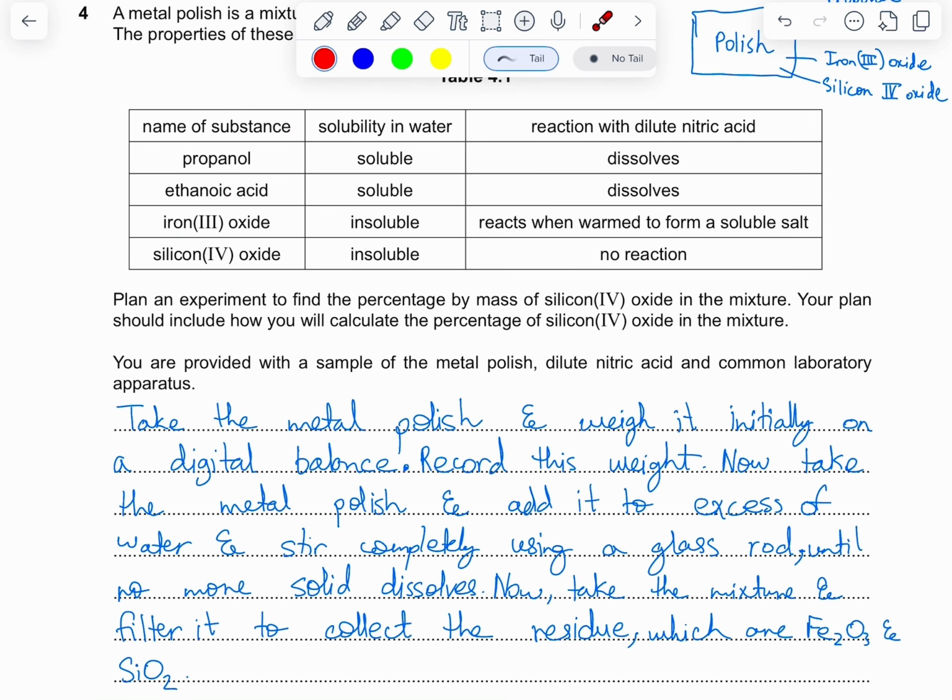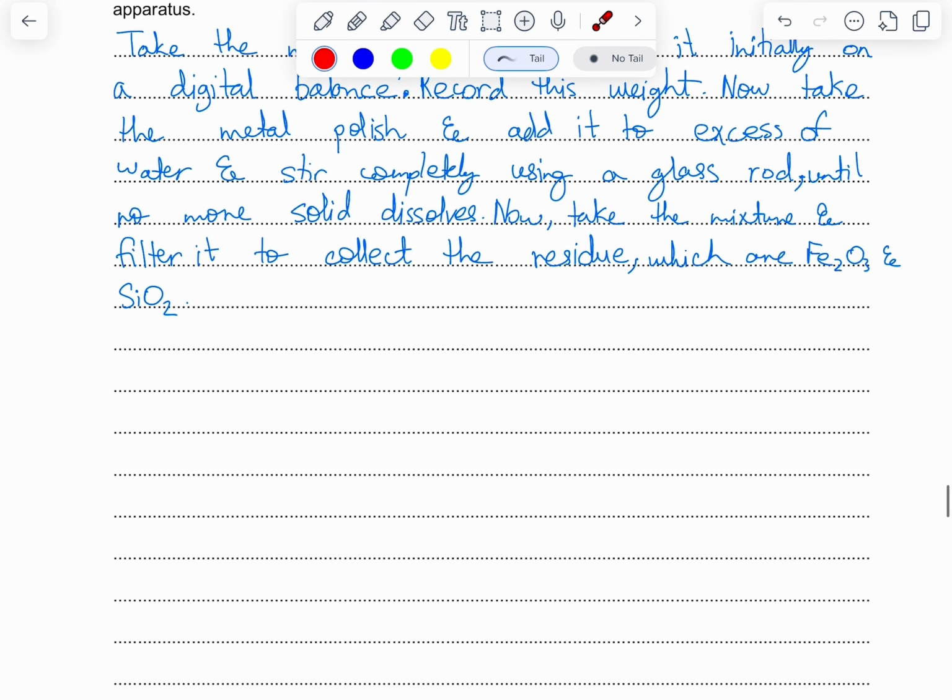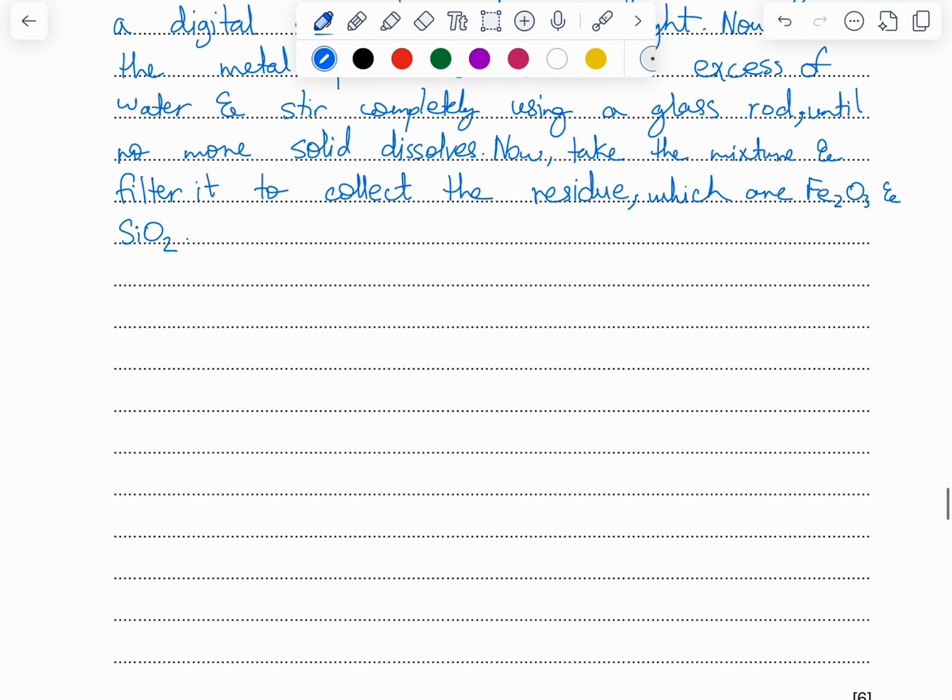So there is nothing wrong with using iron 3 oxide and nitric acid. All we need to do is just add excess of dilute nitric acid and all the iron 3 oxide will react and dissolve. Now the solution would be an acidified solution. It would have some nitric acid left, and it would have water, right? So you would just filter silicon dioxide out, rinse it completely, and then you'll have pure silicon dioxide. You would dry it in an oven or in the sun, and then weigh it, and you will find out the exact weight of the silicon dioxide in that polish, right? That all is understandable. So we are going to write that down now.